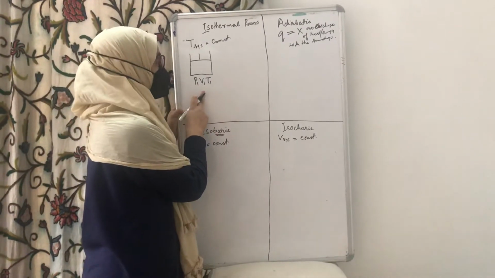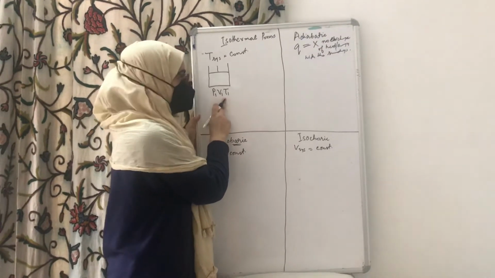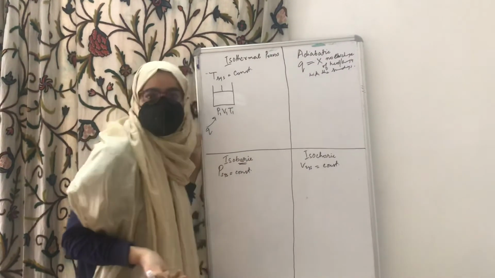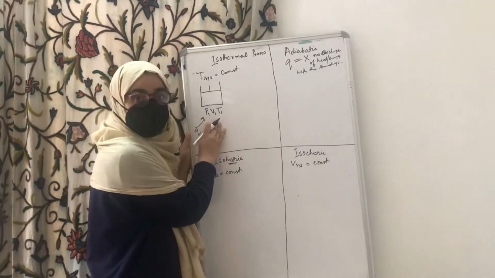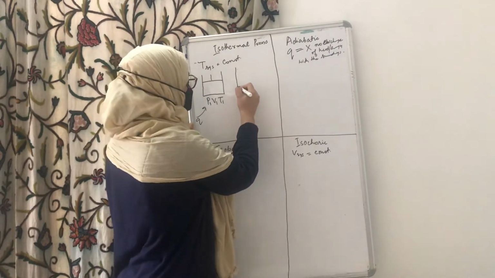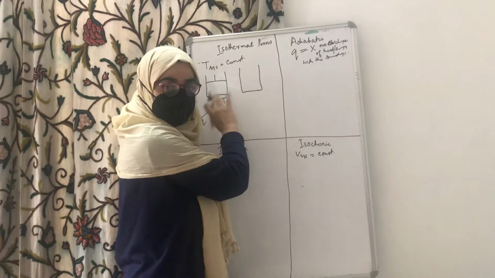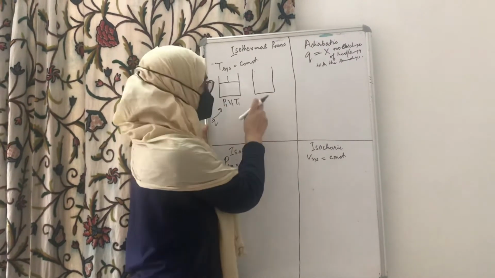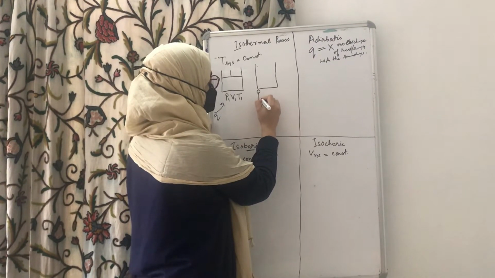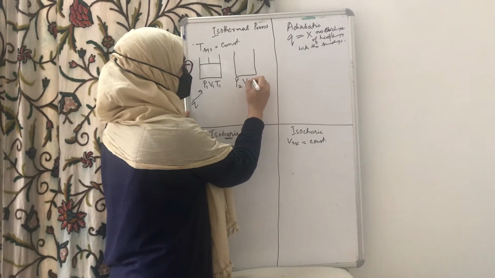So here in this system, the pressure is P1, volume is V1, and temperature is T1. Now you are giving an external source of energy in the form of, let's say, heat, Q, okay? So you are supplying heat to this system. Now we have the final state, right? The system changed, a thermodynamic process occurred, and this is the final state where your pressure will be P2, volume will be V2, and temperature will be